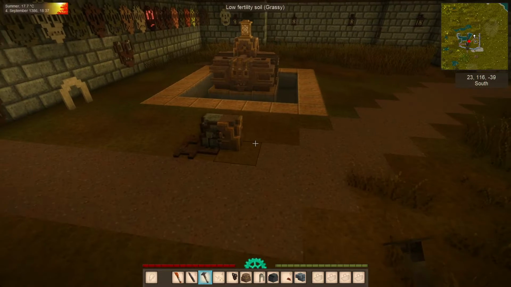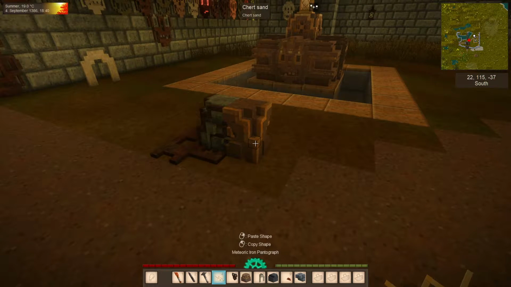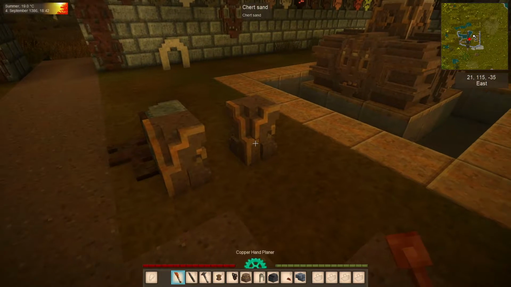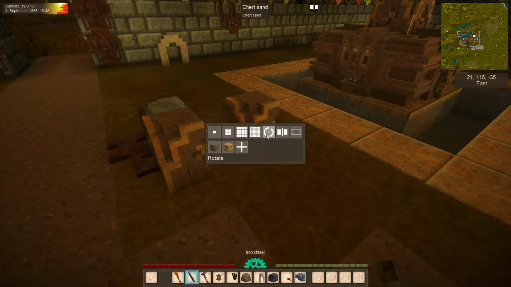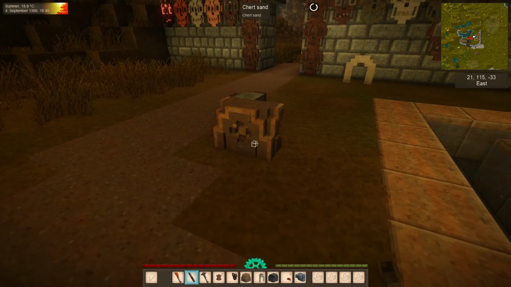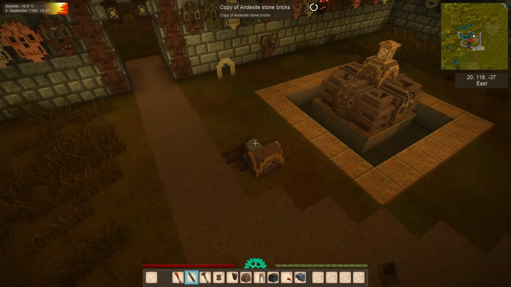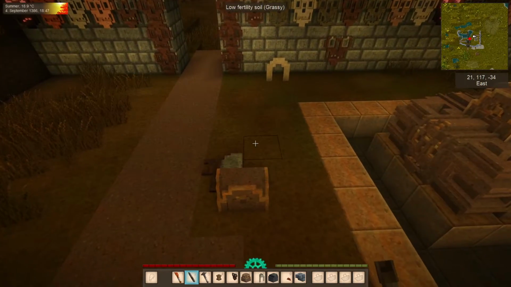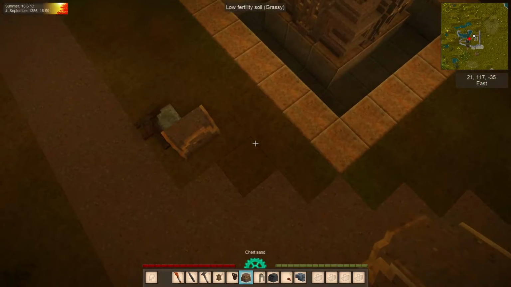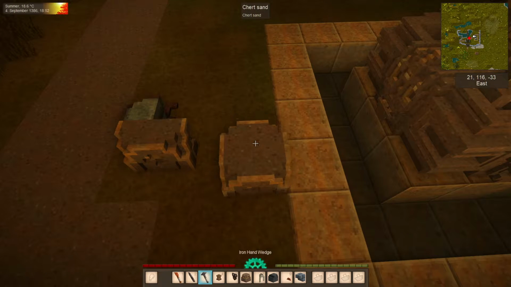But as you can see, once you get this block, then, well, in creative, I'm just gonna cut and paste, but you can also use the copy tool to make your copies in survival, and then use the Chisel's rotate tool, and you see now we've gone to a centered block. And let's get the original again. I'm gonna push this down a bit,